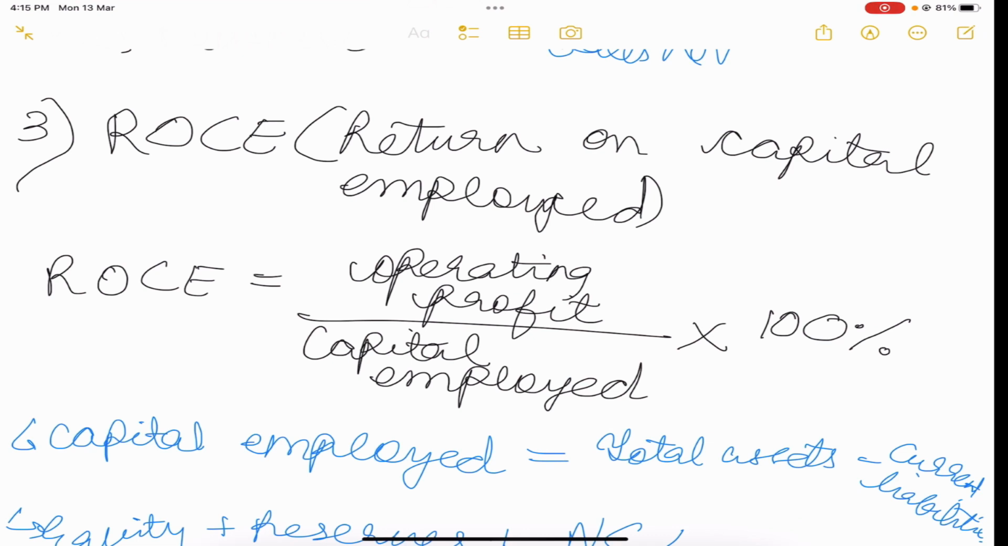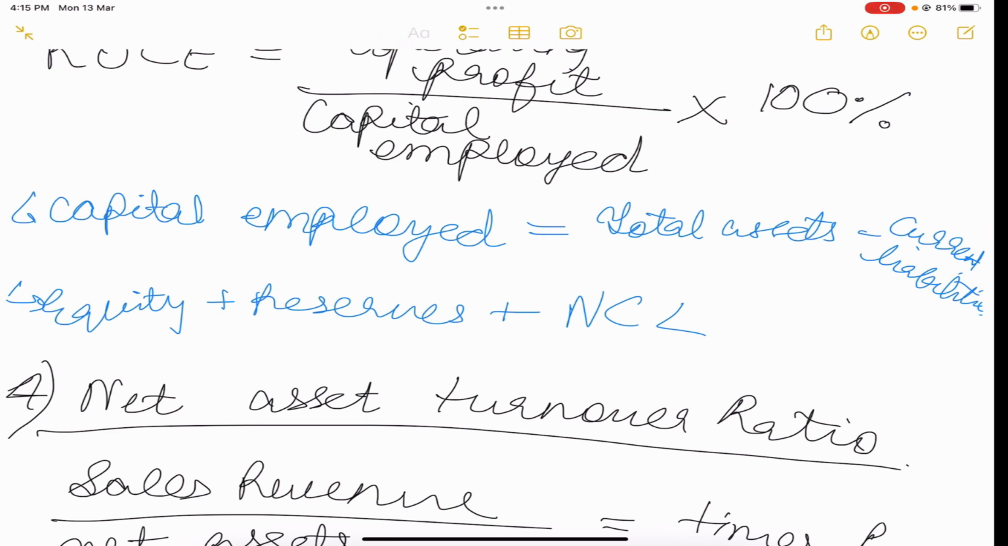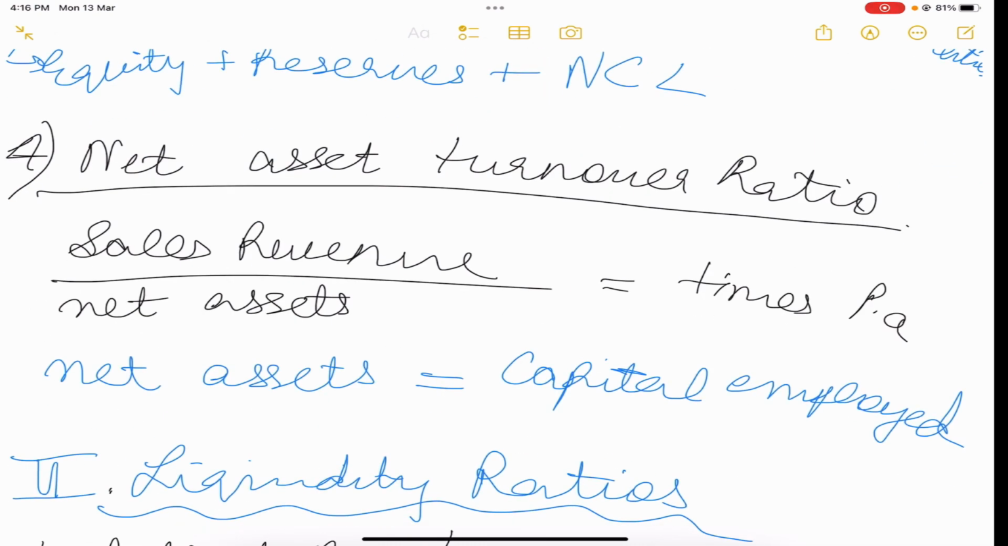Now, what is capital employed? Capital employed is the net assets. What do I mean by net assets? It is the total assets minus the current liabilities. And then we come to the last profitability ratio, which is the net asset turnover ratio. What does that mean? Sales upon